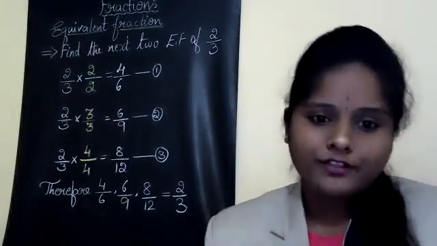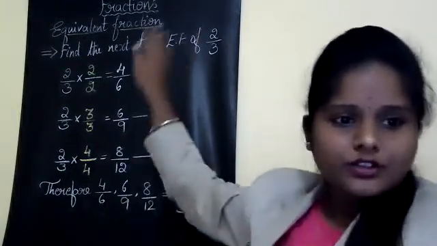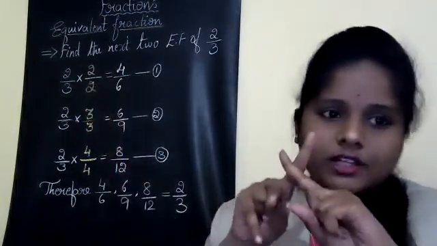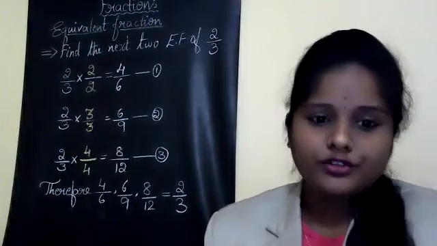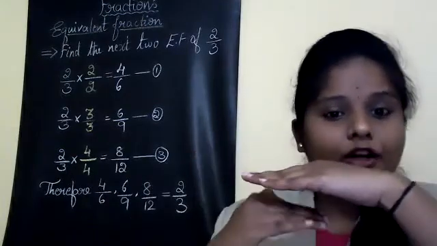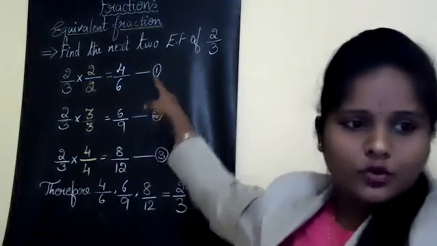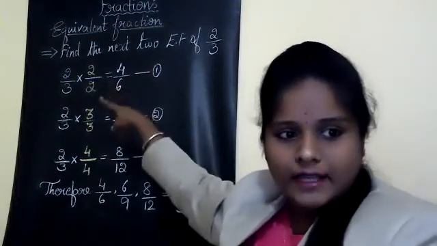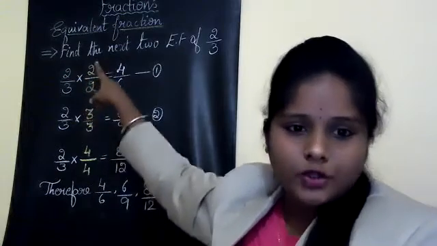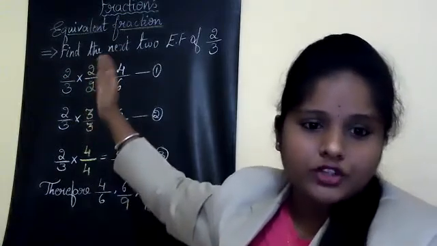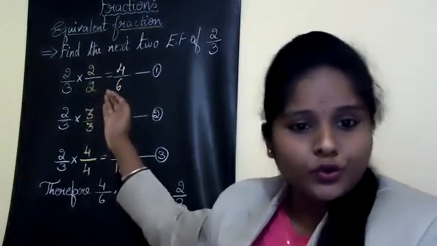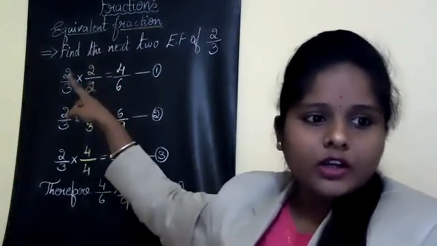And how to obtain the fraction, I'll teach you now. Listen. Write the question again, that is 2 by 3. Put a multiplication symbol. Again, what you have to do? Multiply the numerator by 2 and the denominator also by 2. So I have written that multiplication in fraction form, 2 by 2. That means I am going to multiply both numerator and denominator by 2. Okay. Now, what is 2 2s are?